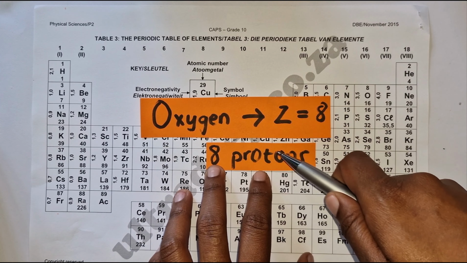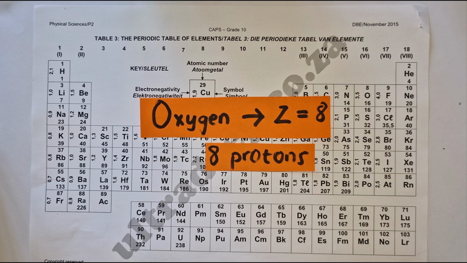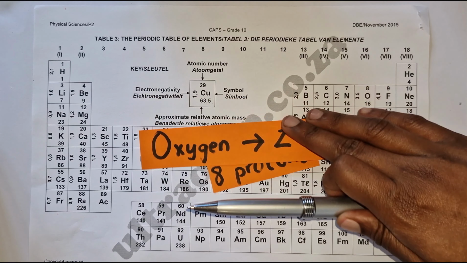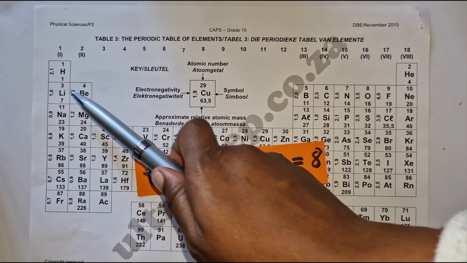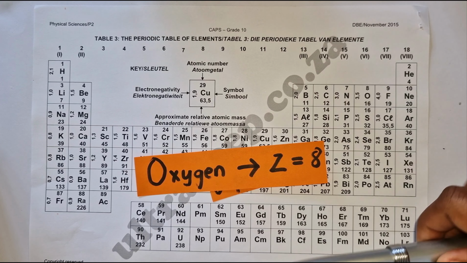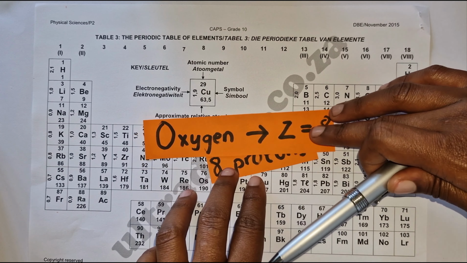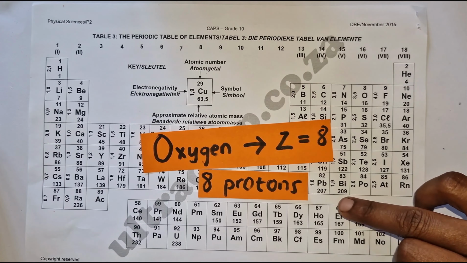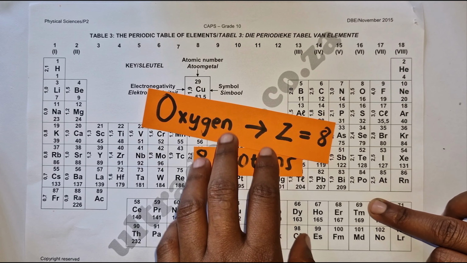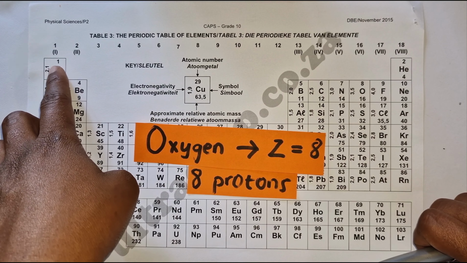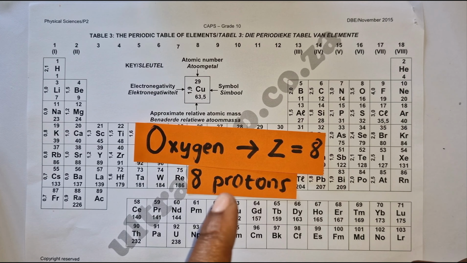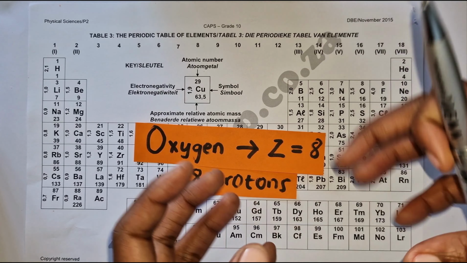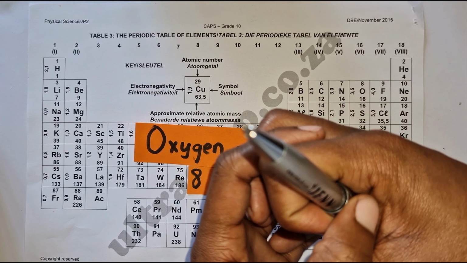It has 8 protons in its nucleus. So we'll see that the atomic number from 1, 2, 3, 4, 5, all the way to about 118 is always an integer. This is just an old periodic table, but typically this ranges from 1 to 118, and that atomic number tells us the number of protons in that atom, so the number of protons that you find at the nucleus of